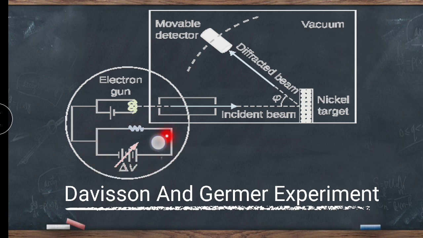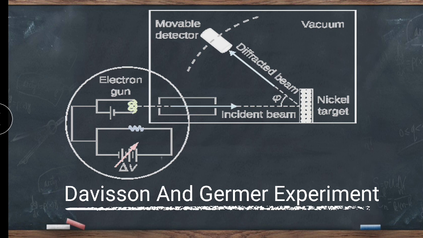This is the high tension battery. This is the electron gun. This electron gun has tungsten filament coated with barium oxide for high emission of electrons. Now this is the anode. The anode has a positive charge and has a small aperture, so that when electrons pass through this aperture we get a fine beam. This is the nickel crystal. Afterward you can see the movable detector, and the movable detector has one galvanometer inside. The galvanometer is taking the reading, and we are considering that equivalent to the intensity of the electrons, right? So this is all about the components.